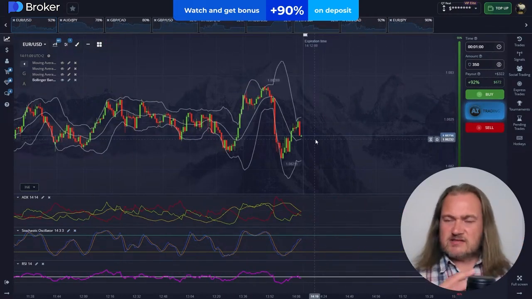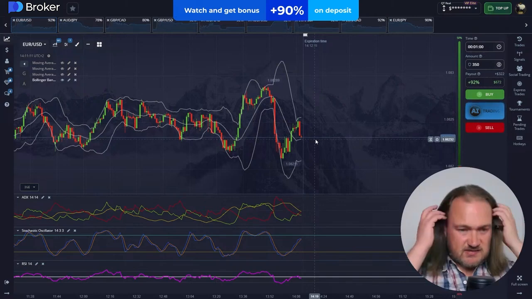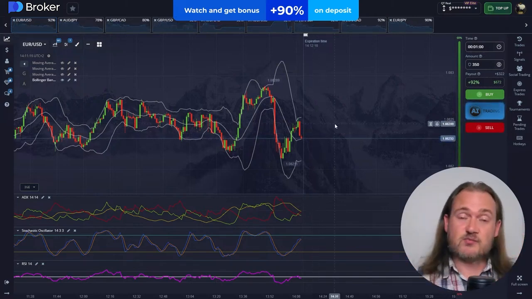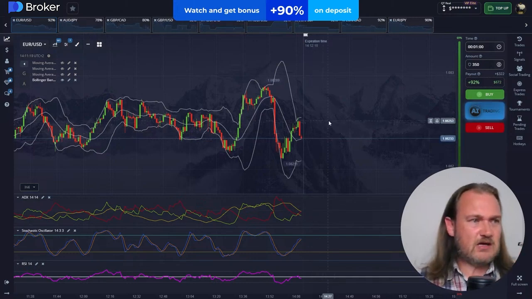So you can keep an eye on it while you're trading. You don't necessarily have to jump on it. I'm going to show you guys in a second. I'm also going to show you guys some ways to filter it. Okay, so